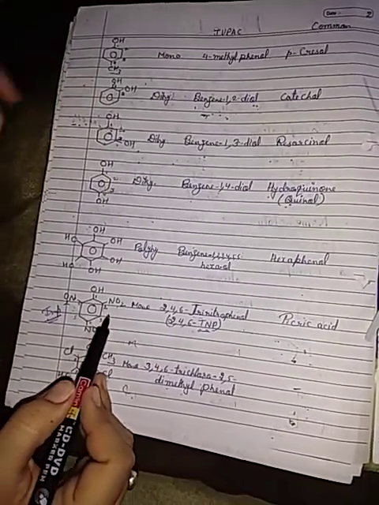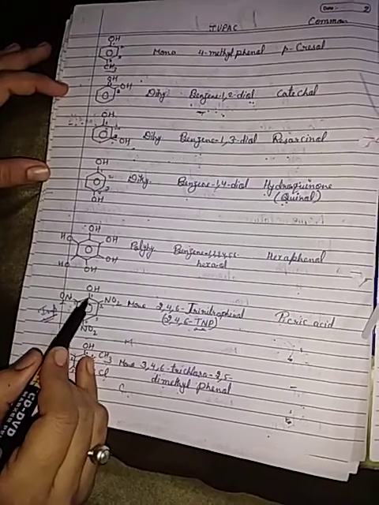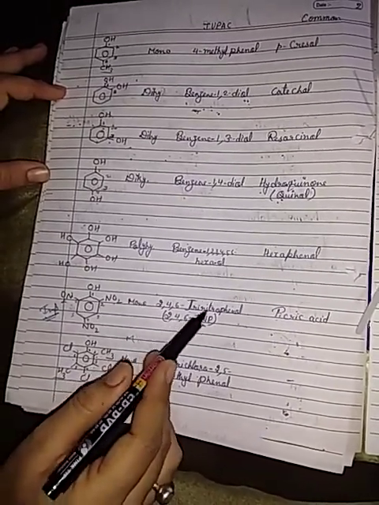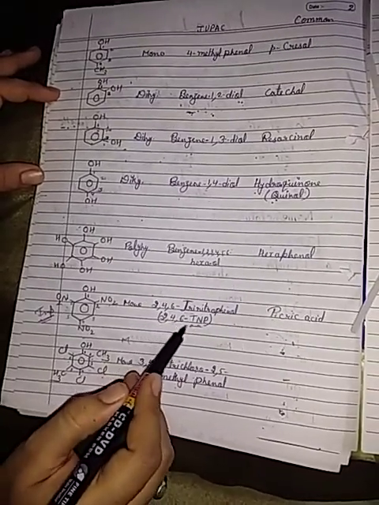The next compound is benzene with 1 OH group and 3 NO2 groups. The functional group is OH, so numbering starts from OH: 1, 2, 3, 4, 5, 6. The NO2 groups are at the second, fourth and sixth positions, so 2, 4, 6, tri, nitro, and OH attached to benzene, phenol. In short, the name is 2,4,6 tri T, nitro N, and phenol P. So its name is 2,4,6-TNP, and its common name, which is very important, is picric acid.